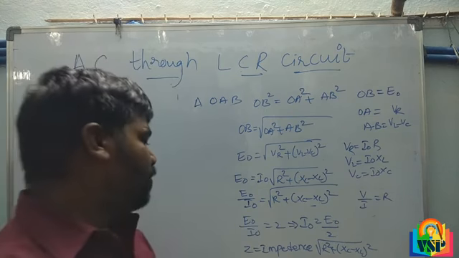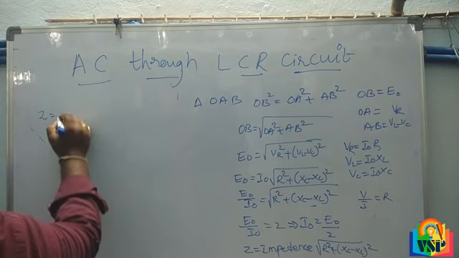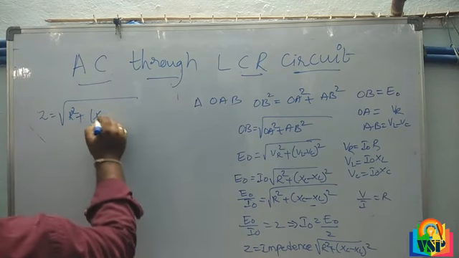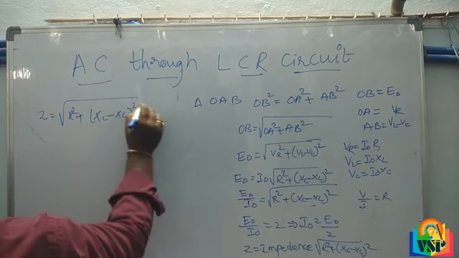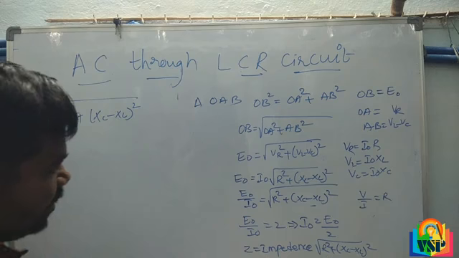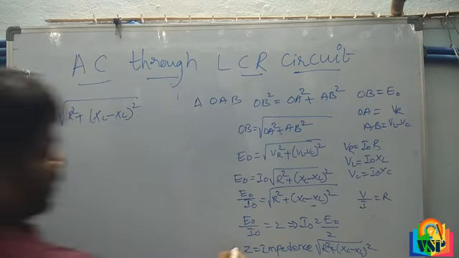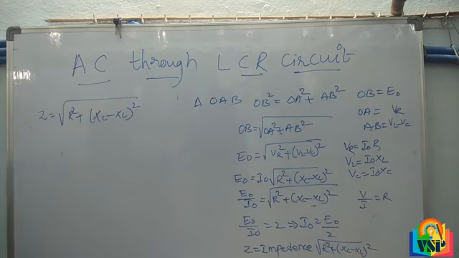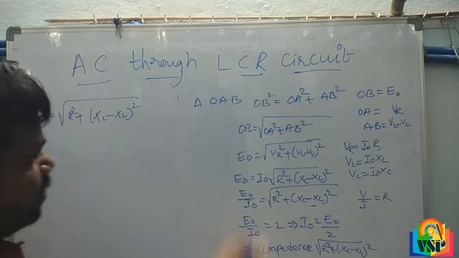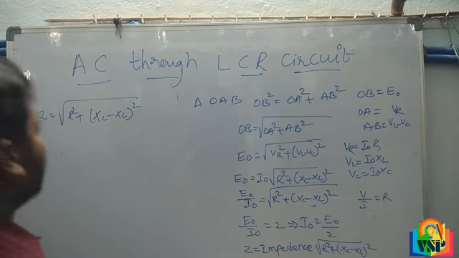The expression for impedance is Z is equal to root of R square plus XC minus XL whole square. Okay, so it is like a resistance. Understand? So this we can say magnitude. This is impedance, very, very important one. After that, how we can find the direction? So this is about magnitude.